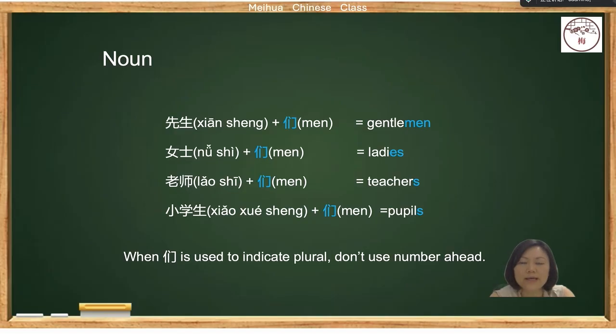We can say there are 3 ladies, there are 10 gentlemen. But in Chinese, we should not add any number in front of the plural form. We should not say